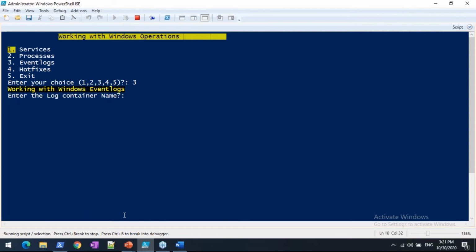It is saying enter the log name. Everyone knows that in Event Viewer there are multiple log names, log containers available, like Application. So what is the time frame? Between this time frame I want a few logs. So I say, let's say,